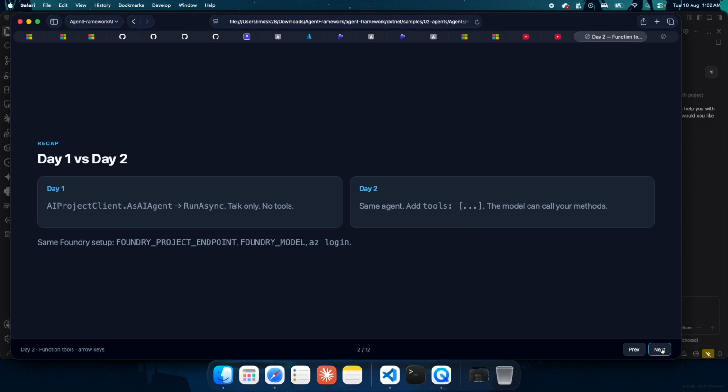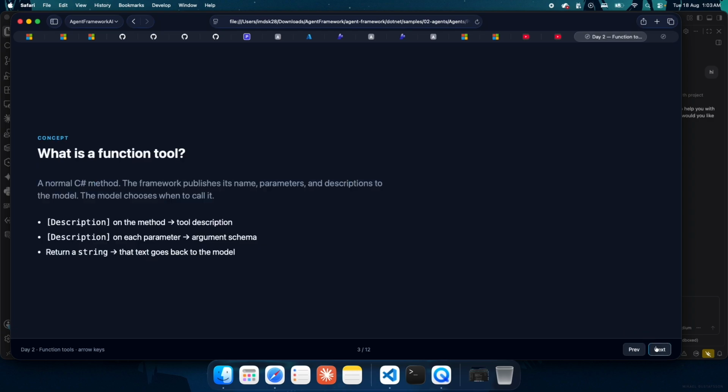If you see, on day one we just saw an AIAgent. On day 2 we will also include this tools array, which has the list of methods that we will send as parameters. And a function tool is just a normal C# method, and we add decorators to the method as well as to the parameters, and also the return type that goes